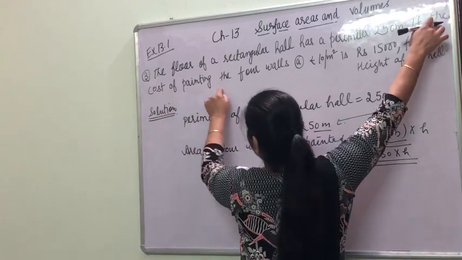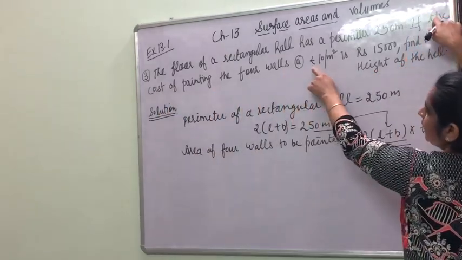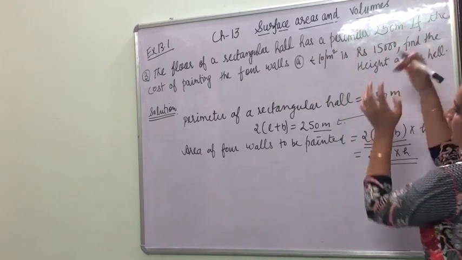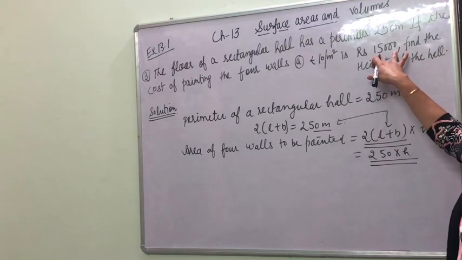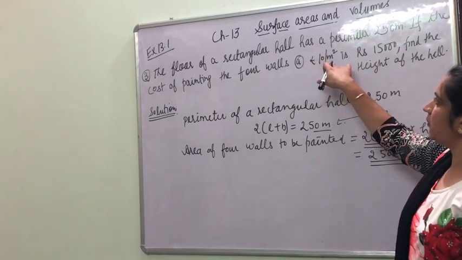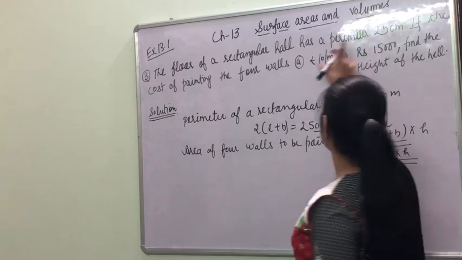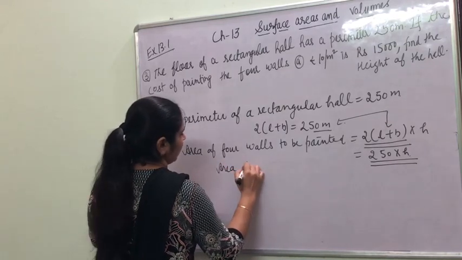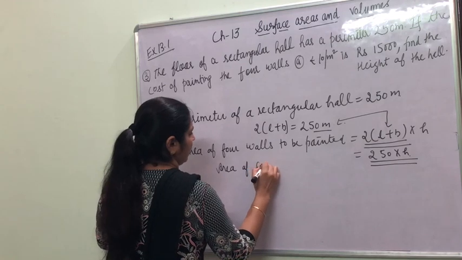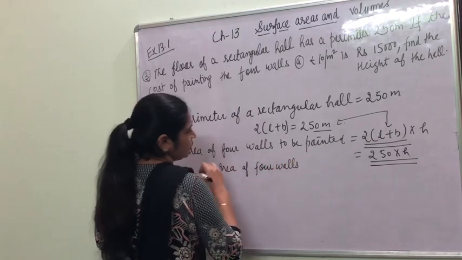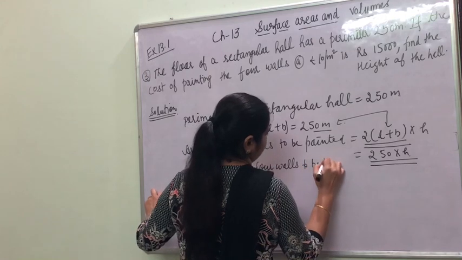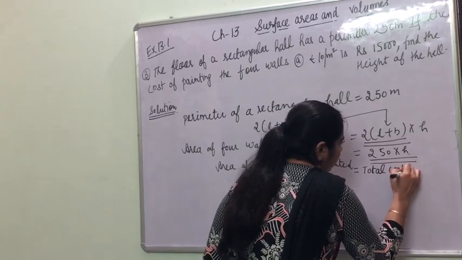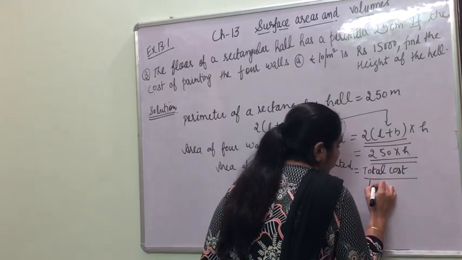If the cost of painting the 4 walls at a rate of 10 per meter square is rupees 15,000, means total cost is given as 15,000 at a rate of 10 per meter square. So here, when we do the division, we can find the area of the 4 walls. Again, area of the 4 walls that is to be painted is equal to total cost divided by cost per meter square,